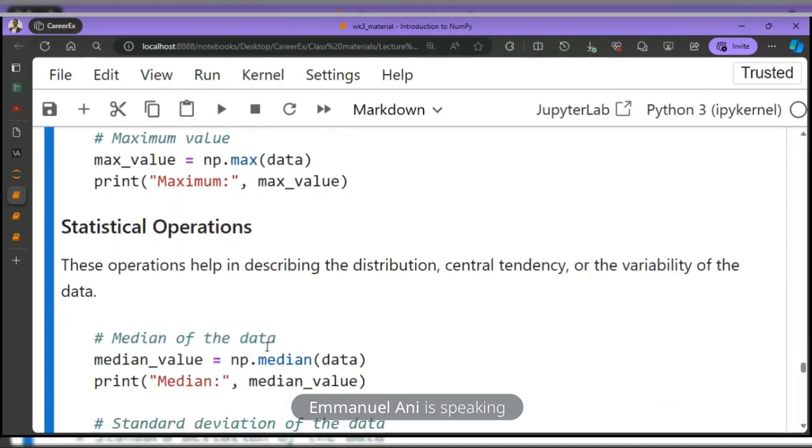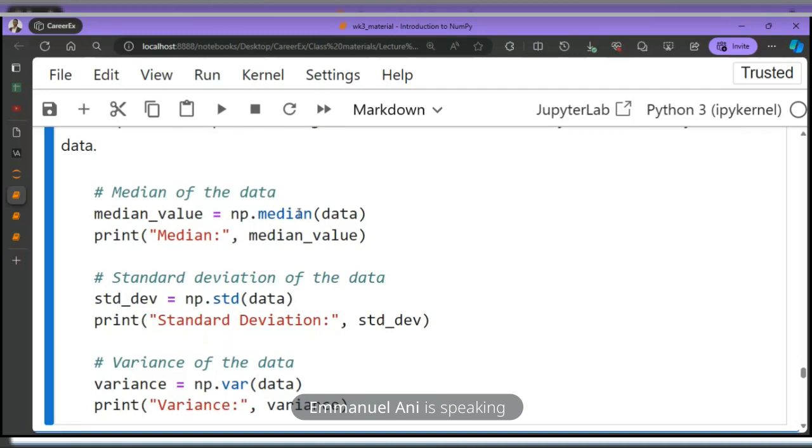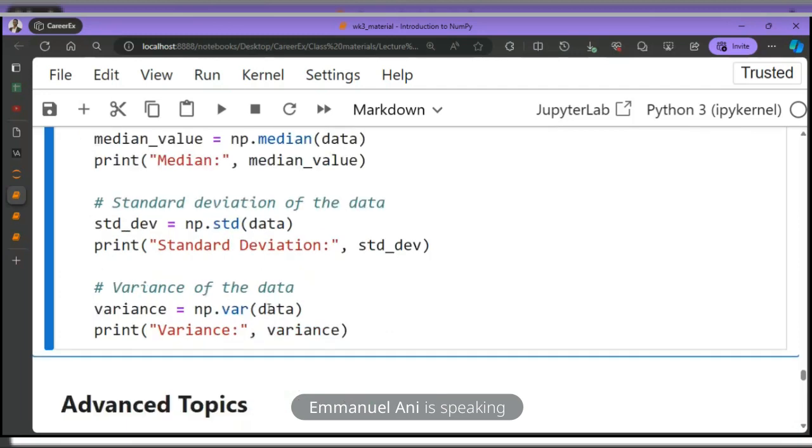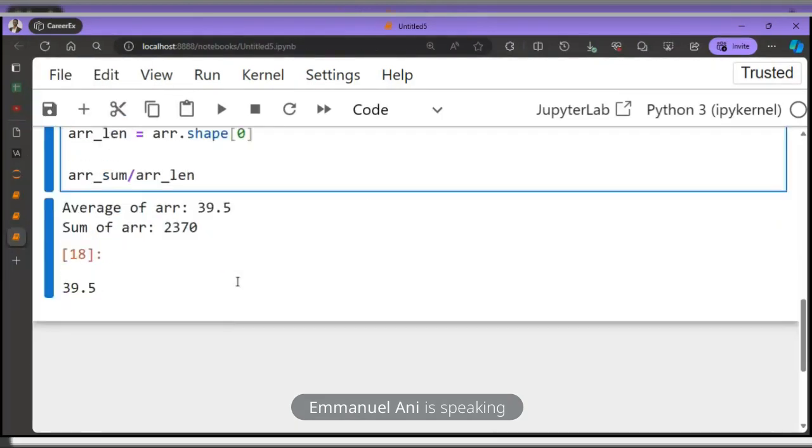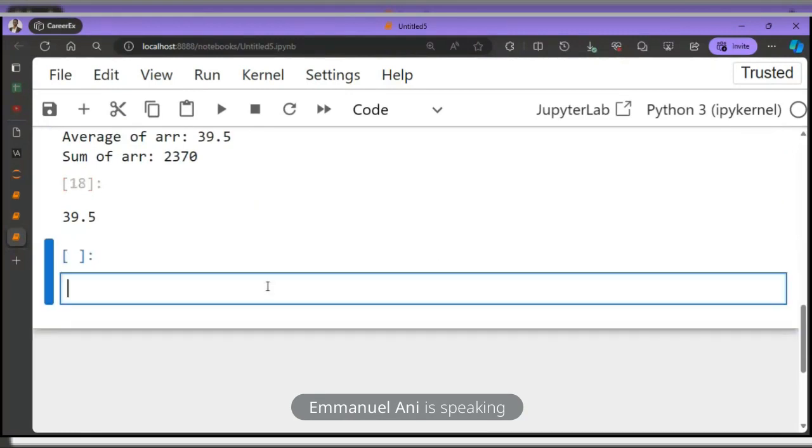We will also look at other ones. We have median, we have standard deviation, we have variance, right? So what all this does is that it takes all the values and imputes just one particular value. So that is basically an aggregation function. If we just give an example, use the other ones as an example, you can see getting